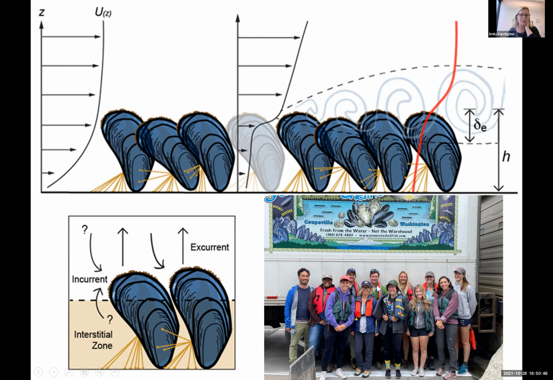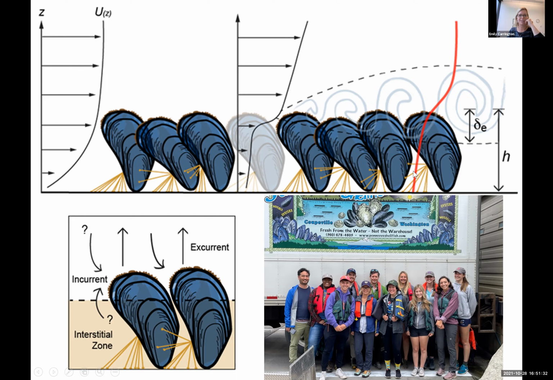And then Matt Reidenbach from the University of Virginia is going to be developing fluid dynamic models, which will allow us to predict water movement, not only water movement through and above these aggregations, but also the movement of scalars, in particular oxygen and pH, so that we'll be able to map out the concentration gradients of oxygen and CO2. So what we predict is that this could be a profile for a concentration gradient for oxygen. We would expect fairly high oxygen above the animals, but it will be drawn down to low oxygen here in